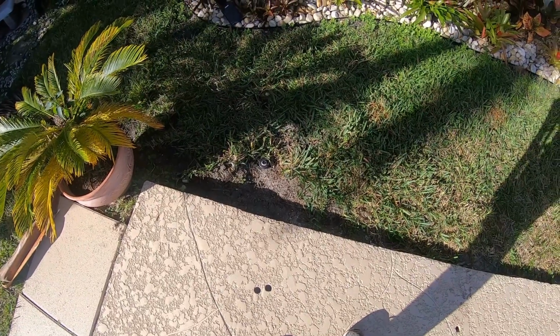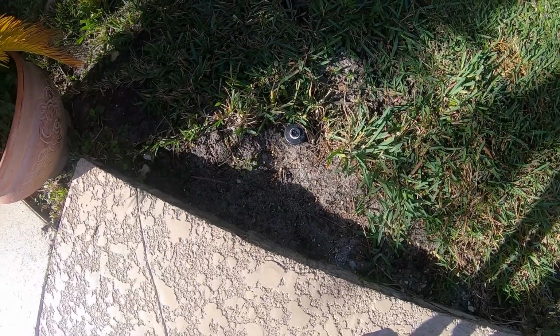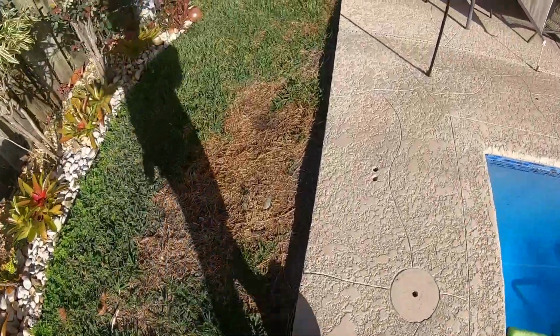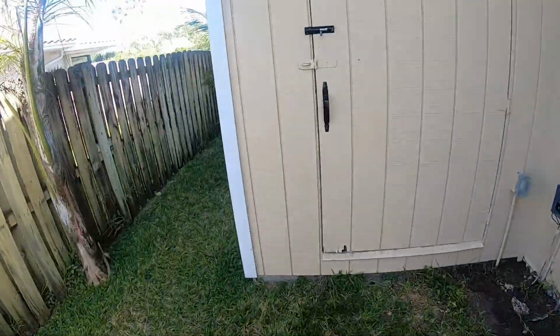Morning everybody. So today we're going to be replacing, or actually moving, that sprinkler. As you can see, it's sticking up above the ground a little bit, and every time I take the lawnmower through here, it ends up breaking that sprinkler off, and I'm just getting tired of replacing those fittings. And part of the reason for the breakage is because of